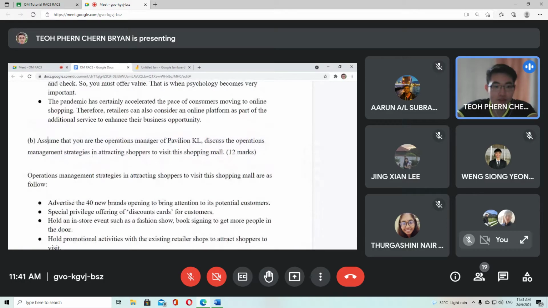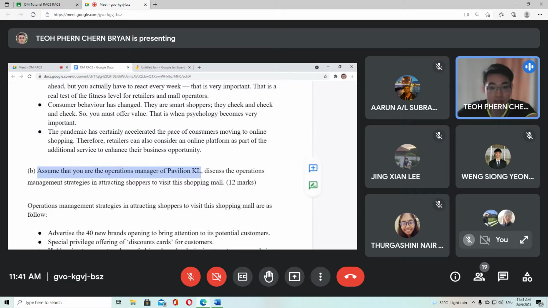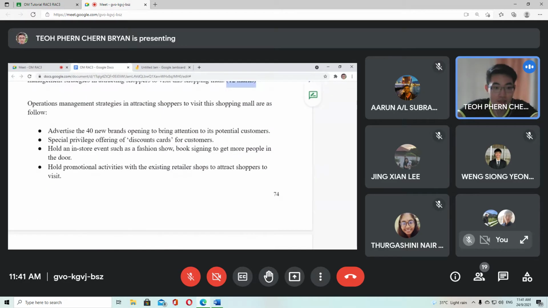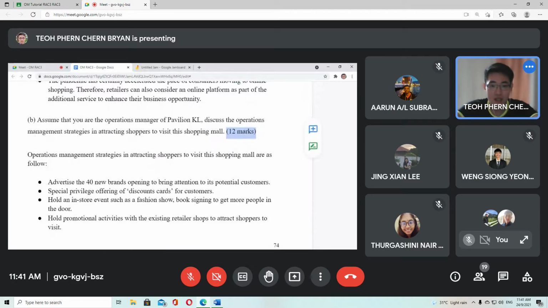the question said assume you are an operations manager. The question didn't say based on the case, right? So you are supposed to give your own recommendations. If you are very scared, 12 marks, you give 6 points: 1, 2, 3, 4, 5, 6. The marking scheme gives us 6 points, then you elaborate, then you get 12 marks. Normally, people can do 4 points, 3 marks each. Then you'll get